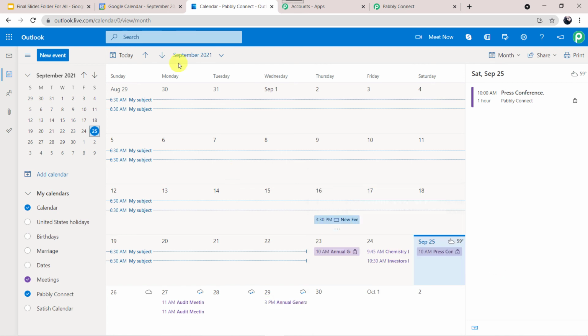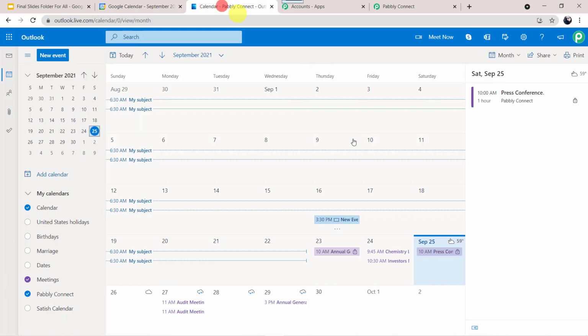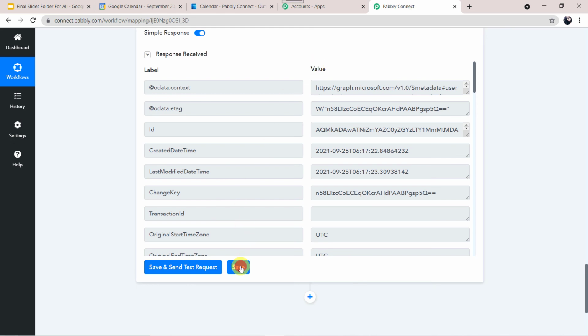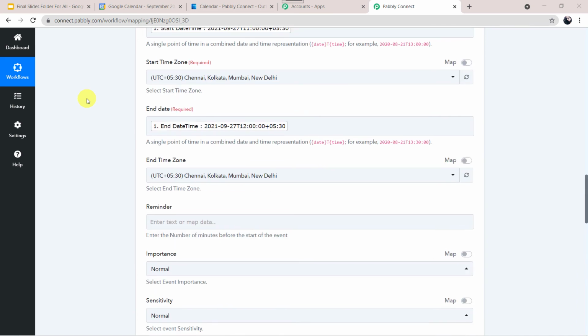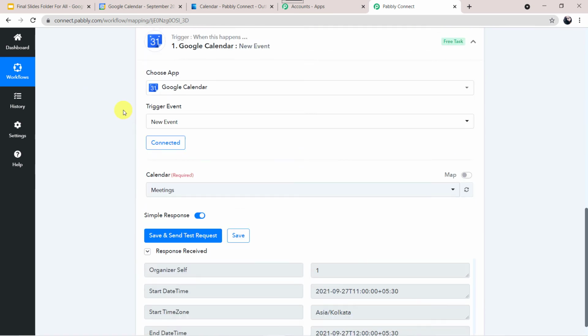Okay. So now in this way, we can see that we have created a successful integration between Google Calendar and Microsoft Exchange. So I'll just go to Pabbly Connect again. I'll save this workflow and I'll just minimize all these windows and let us see in a nutshell whatever we have done till now.